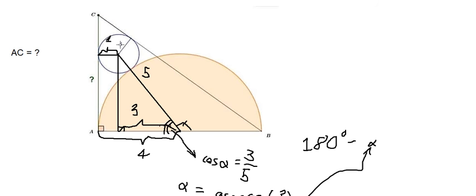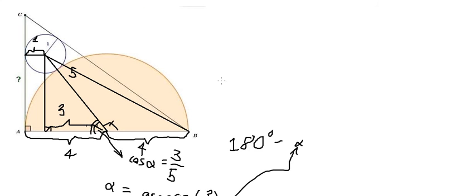Next, from this center we connect to point P, and we know that from this center to P is 4. So we want to find the length from here to P. We can apply this formula. We call this point O. So we want to find the value OP, and that should be equal to the square root of